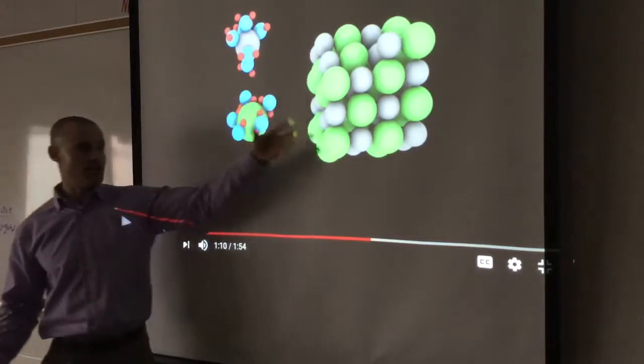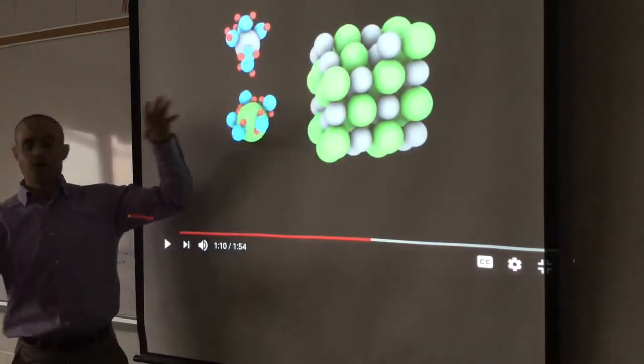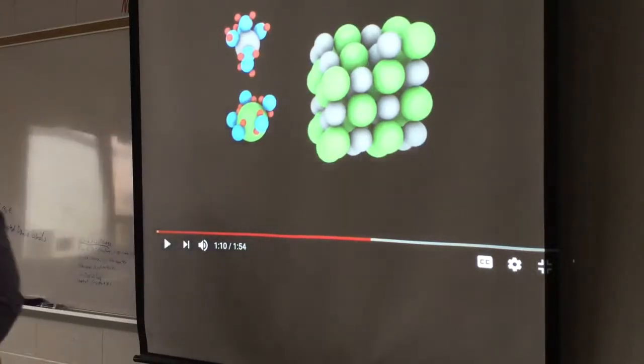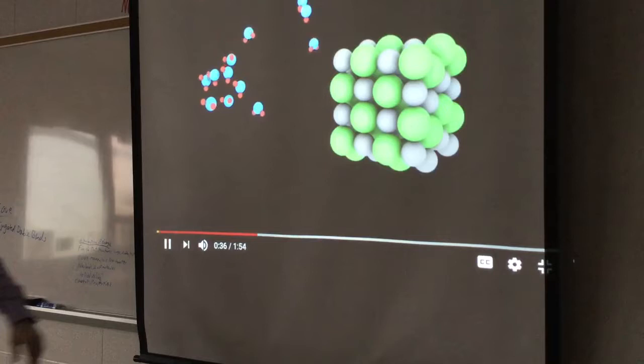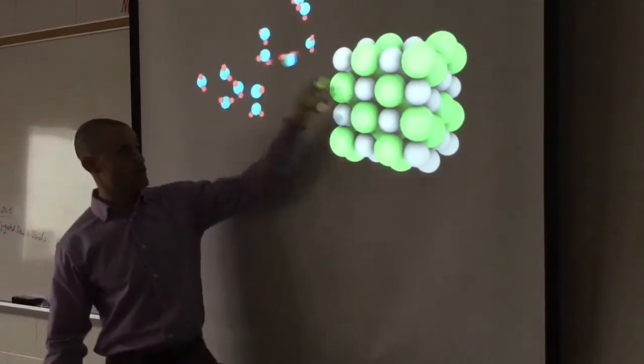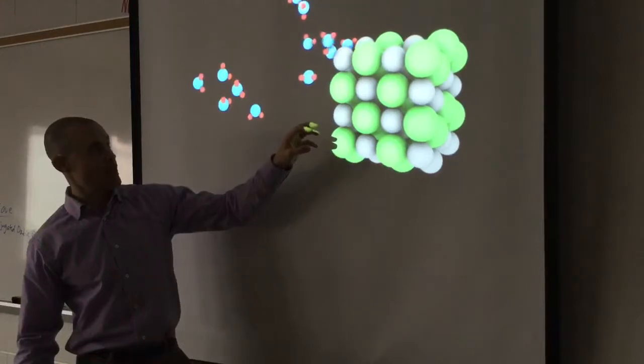So when you put something in water and it dissolves, this is what happens, no matter what it is. This is just an example of salt. Water surrounds the ions, gangs up on them, and rips them apart. So if you didn't notice the flashing here, watch again. When they connect, you see red. So when these water molecules attach, you see red flashes. And then when they rip the